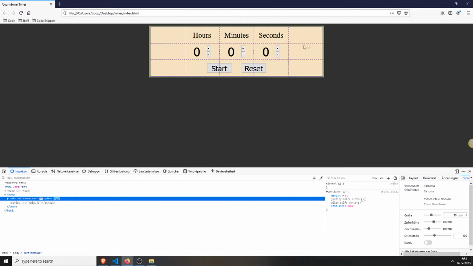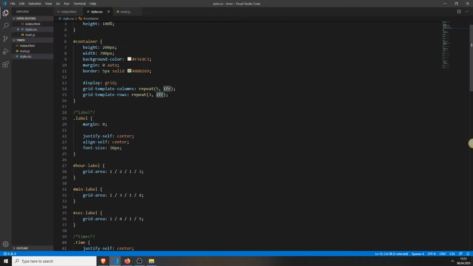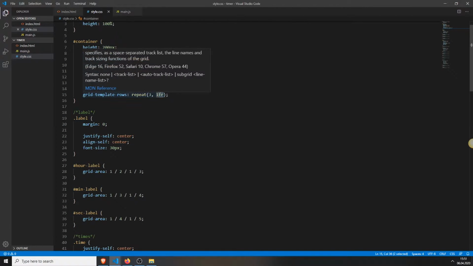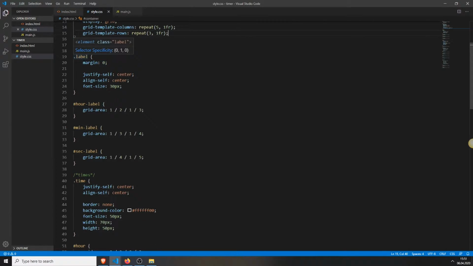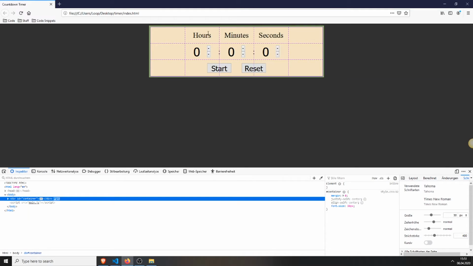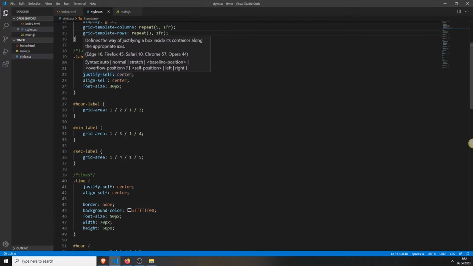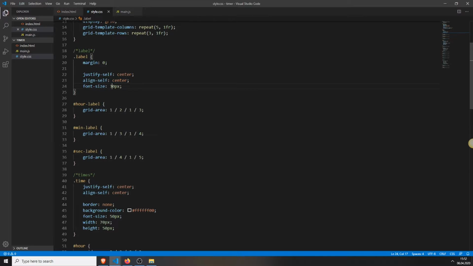So here you see these grids. This is 1, 2, 3, 4, 5 columns and 3 grids, and they all are the same size. That's why I chose the FR thing. Yes, and then I just created some classes for the label. For example, this one, so it's in the center, as I said here, with justified self-center, aligned self-center. So the vertical position is also centered, the horizontal, the font size, and this is just for